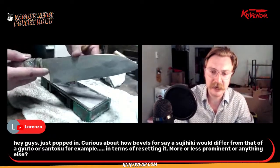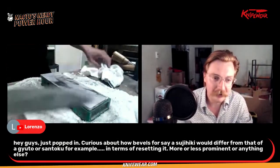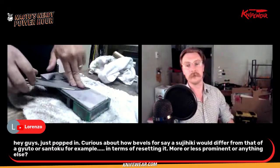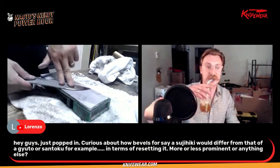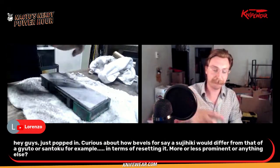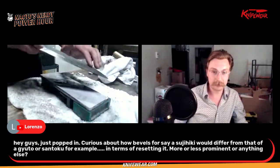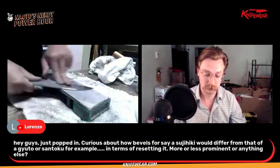So any advice for some? Oh, that looks good. Starting to get nicer. Yeah. Advice to reset the bevel differently is to just work, keep looking and find where you are sharpening, see how the bevel goes, try to work on the low spots. That's really the